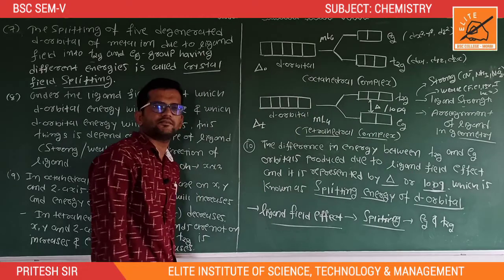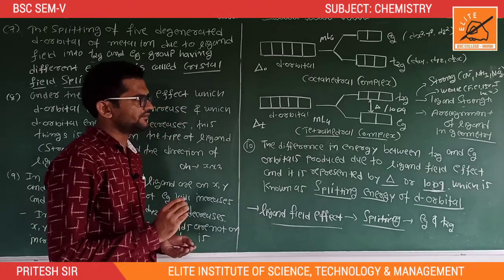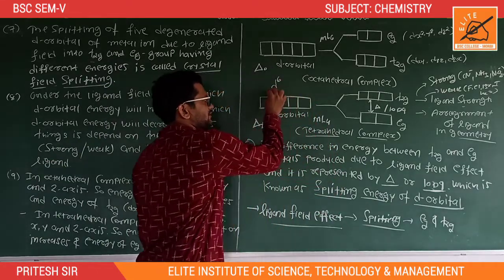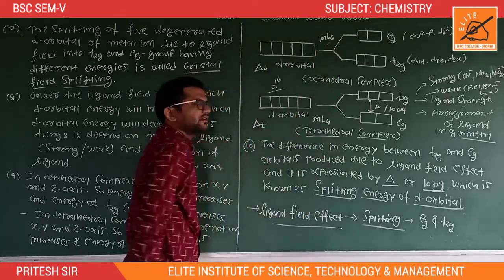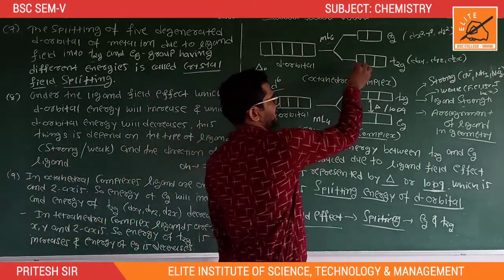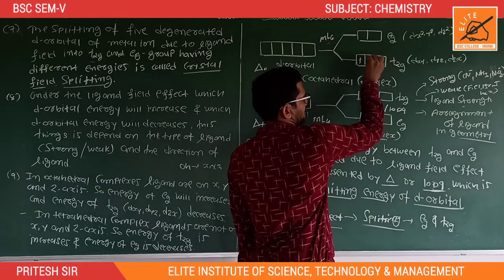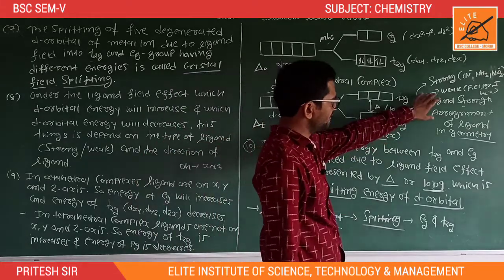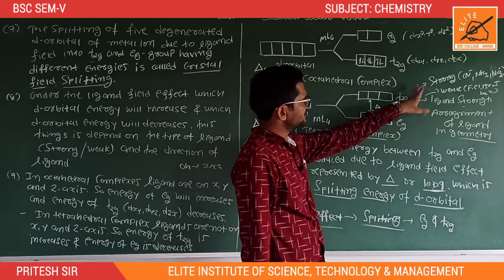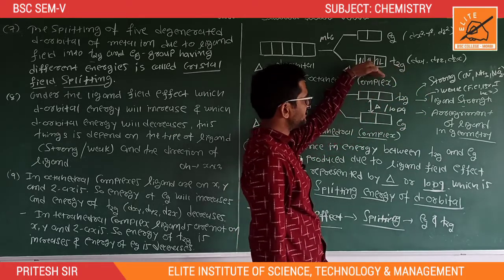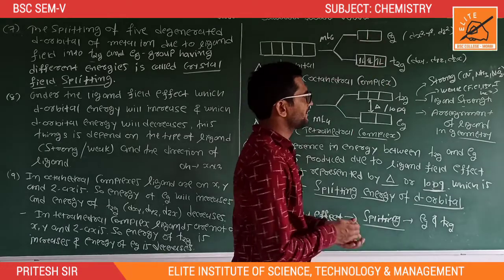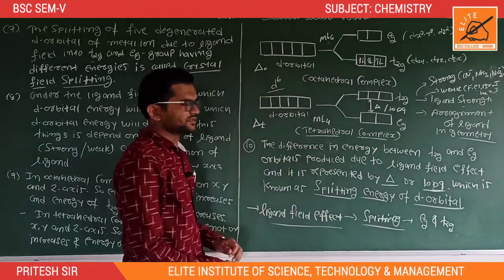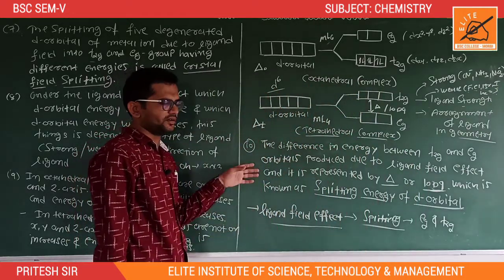When a strong ligand field occurs, suppose a d6 system is possible in ML6 complexes. All 6 electrons are filled first in the t2g orbital. This is possible in a strong ligand field. In the presence of a strong ligand field, t2g is completely filled first, then the electron goes into the eg orbital. But in a weak ligand field, such as chlorine, bromine, iodine, they do not create much electrostatic field on the metal ion.